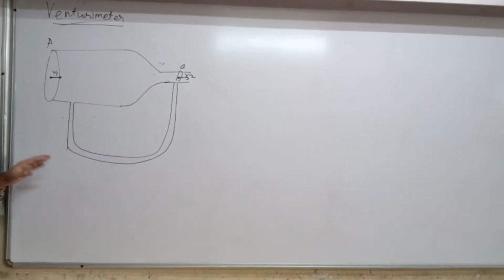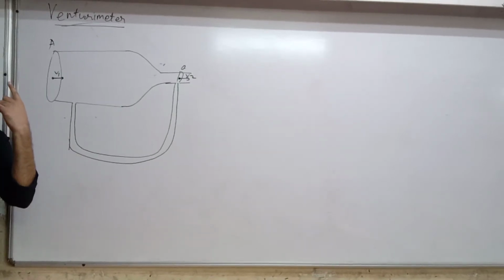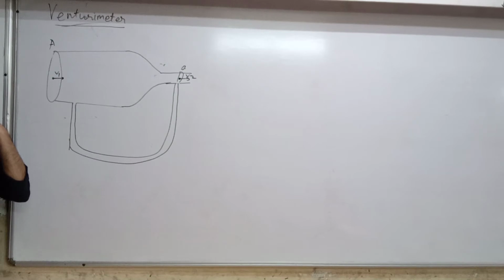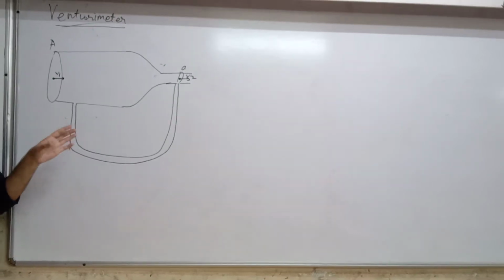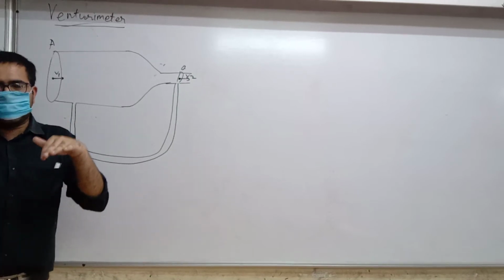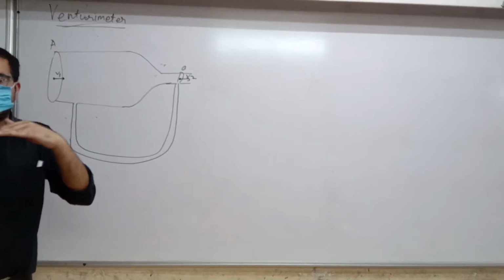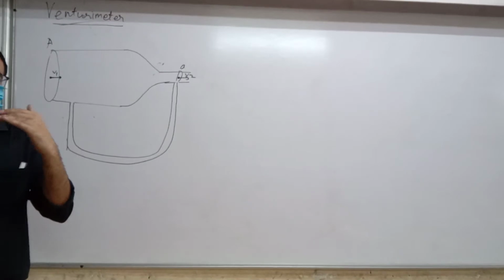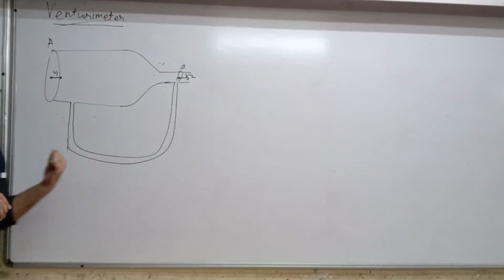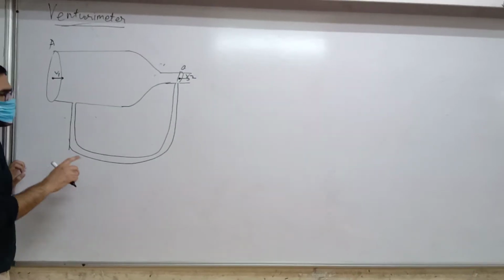What's the role of this U-tube? If you remember the role of the U-tube in a manometer, remember what a manometer is? Yes, then you shouldn't have a lot of problems. In the manometer one arm goes up and the other goes down, so we measure the difference of height, and from that we can find the pressure. Same idea here. In this U-tube, mercury is filled.